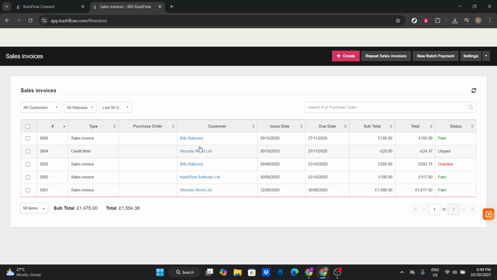Here's where you'll see an option called Add Payment. Clicking on this option is crucial as it will let you